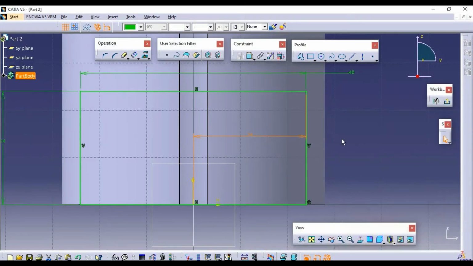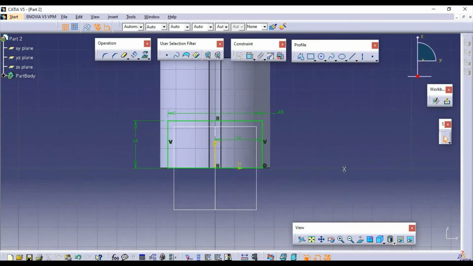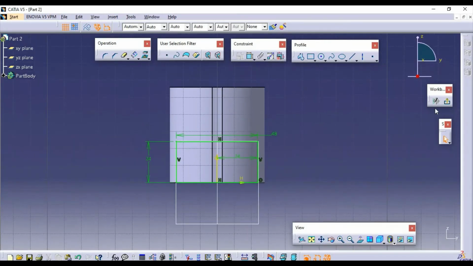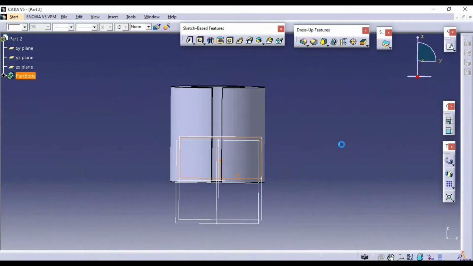Then we need to exit the sketch and extrude. Press Exit Workbench, so we have entered into part modeling. Now we will select the Extrude option.